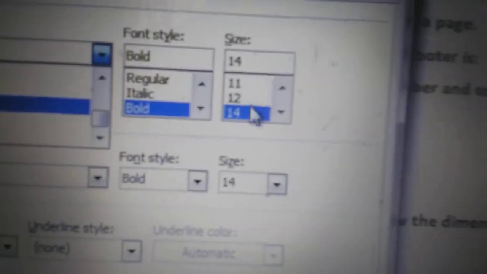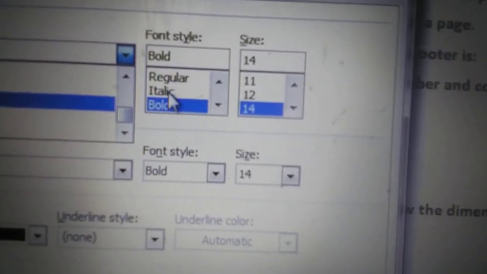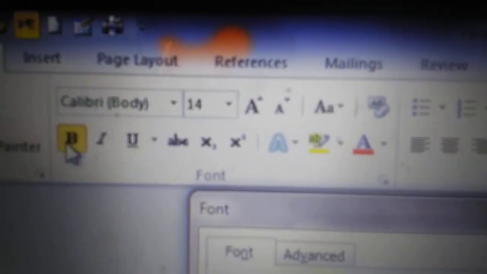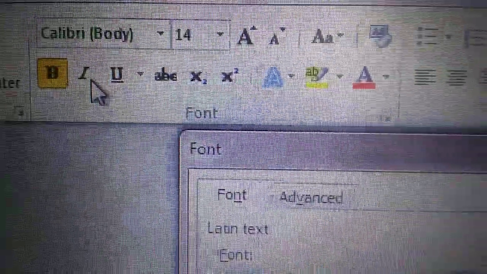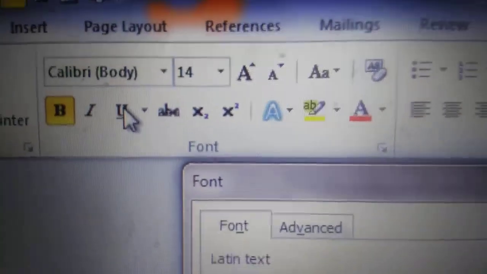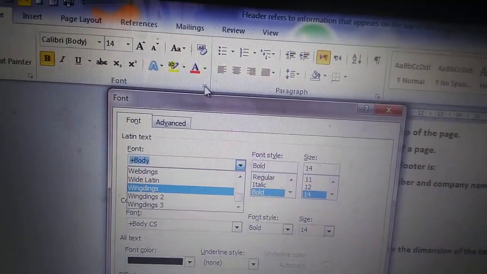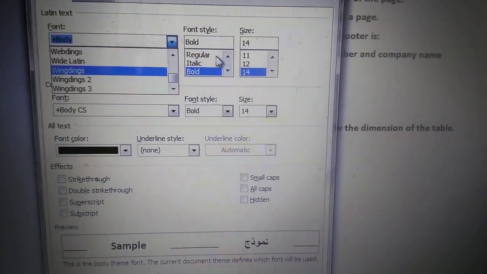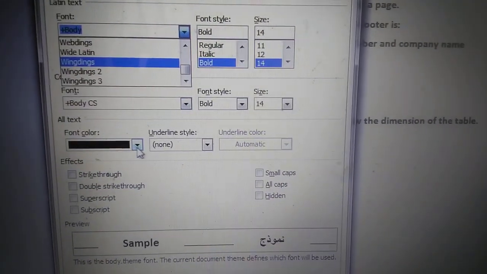And we have the size option also from here. And these three options you can even see in another place in your Word document, placed over here in the form of symbols. See, over here you can see bold, we have italic from here, and over here this is underline. Either you can have all three of them from the main screen of your home tab, or you can go to the font group, and from there you can select these font styles.